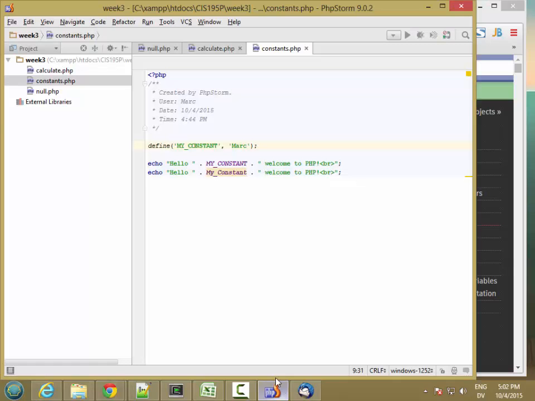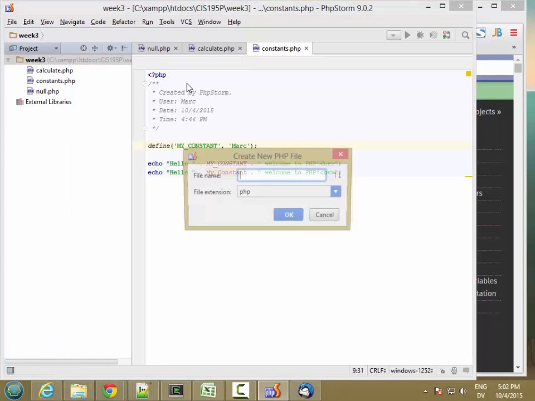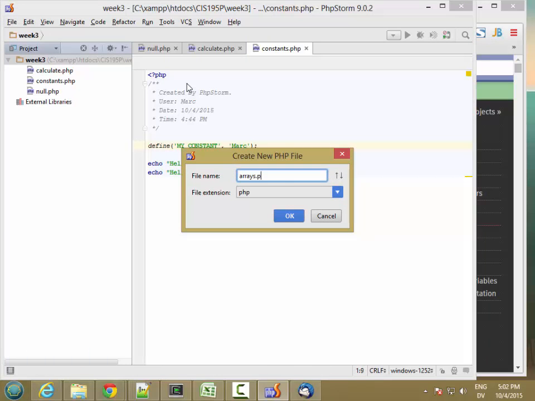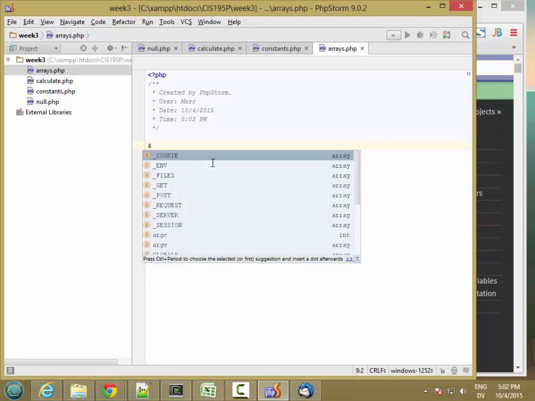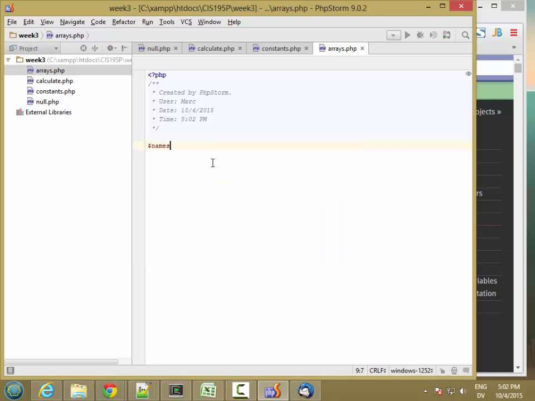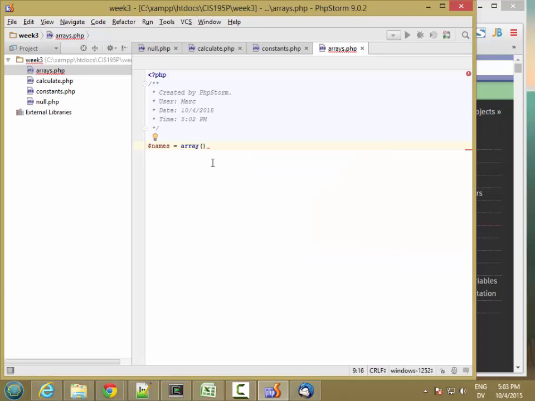But I'm going to start by creating a simple array, and I'm going to go new PHP file, and I'm going to call this arrays.php. And I'm going to create a new array called names. And there's a couple of different syntaxes for creating an array. So here's a basic one that works in many versions of PHP. And then inside of these parentheses, I'm just going to list out the items in the order they appear. So the first item is Mark,